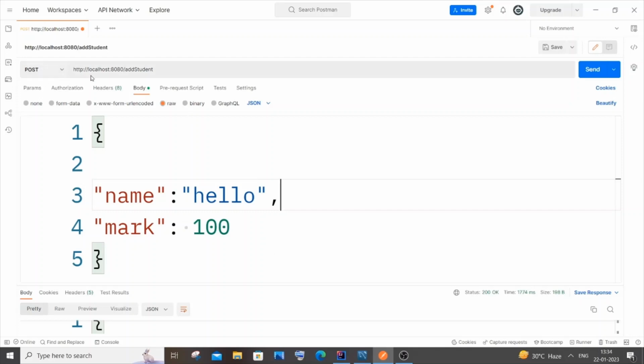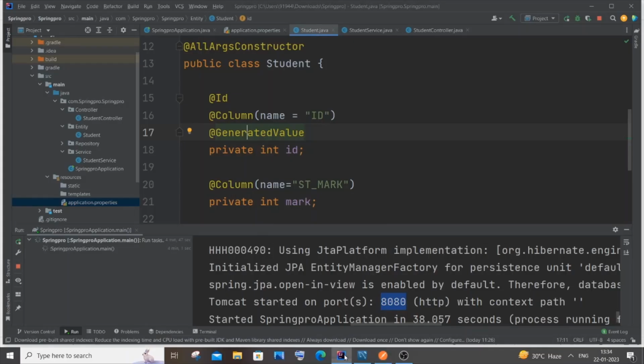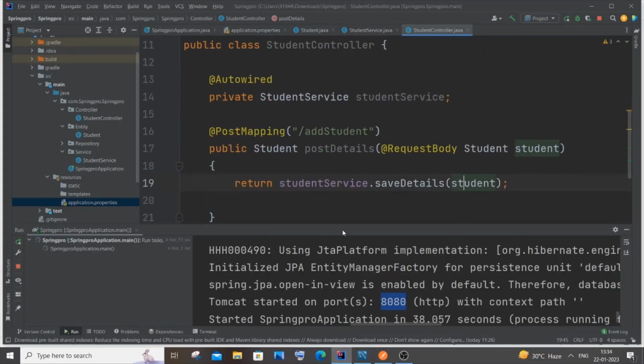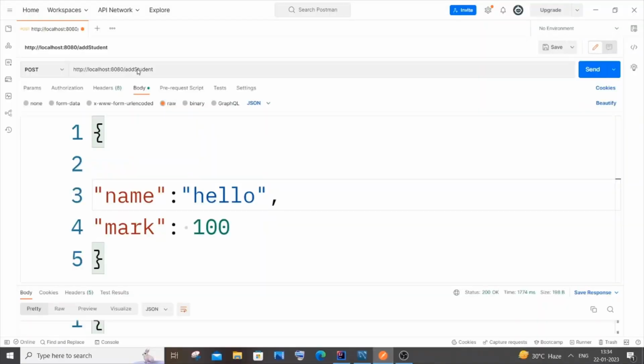Operation, and you need to change the path as well. So the path that we have specified in our controller, where is the controller? Yeah, student controller. This particular path should come over here. You need to be careful with the cases as well. So I will just change it to some meaningful name. Okay, not meaningful, hello, hi, something like that, and I will go with 1000 as the mark, some random thing. If I just now send it,